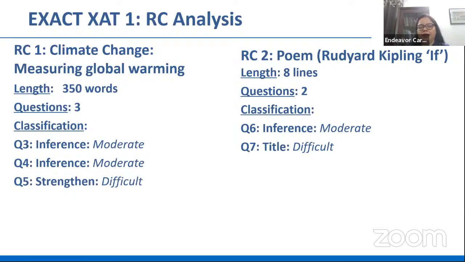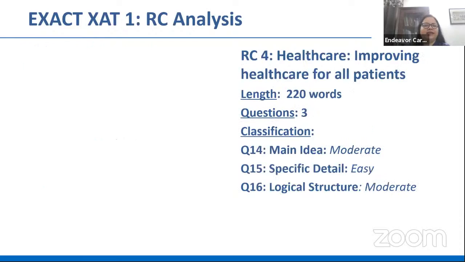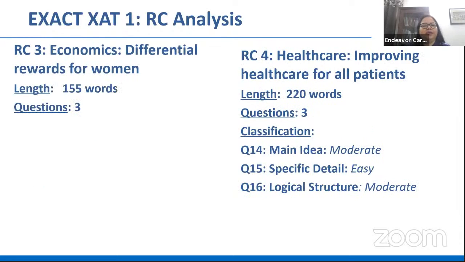carefully eliminate them. The inference question, which asked you to identify which of the following does the author not agree with, right? That was a moderate one, definitely could be done. The poem itself was not abstract and very much doable. Next, let's look at RC3.